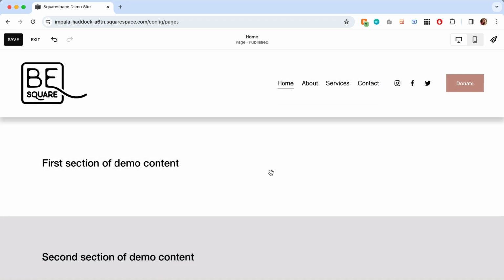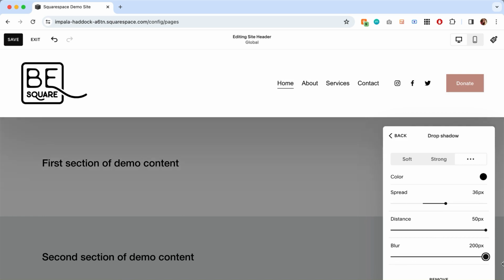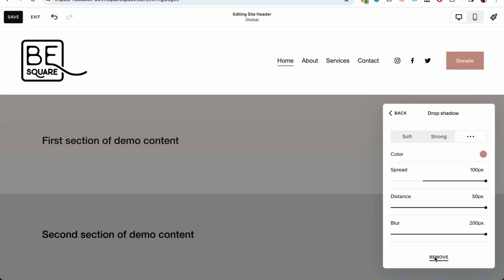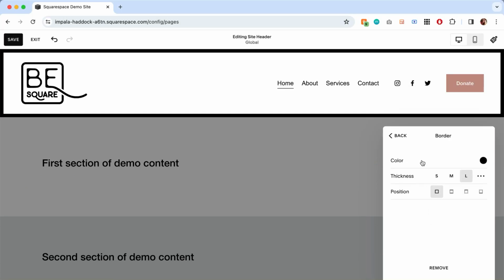You can even achieve a cool gradient effect on your first section of each page by adjusting the sliders, adjust your color, and you can see what looks good. And if you decide to scrap it, click Remove at the bottom. Okay, onto your border. Same here with the option to adjust your color, the thickness of your line, and whether